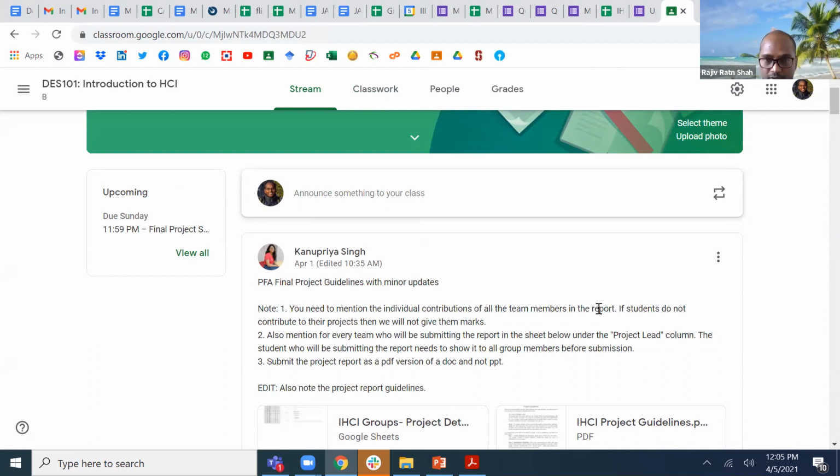So we have 15 marks: 15 marks for the group contribution, 5 marks for the individual contribution. If some person is putting in too much effort in the project, they should be given bonus marks. If some person is just having fun, why should he be given bonus marks? But if in our group we have planned it out so that everyone does the same amount of work, then in that case we can give bonus marks to everyone.